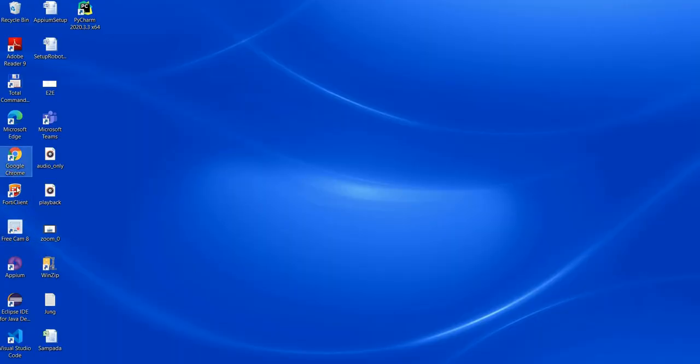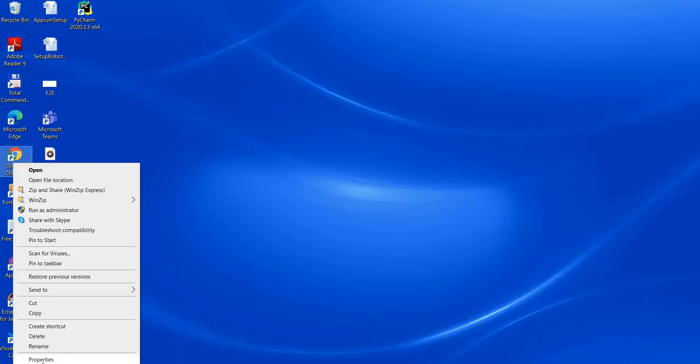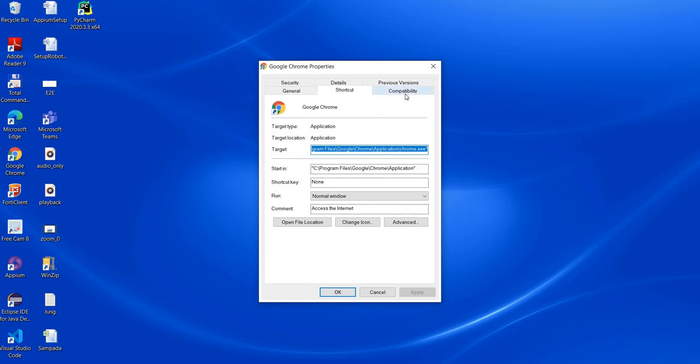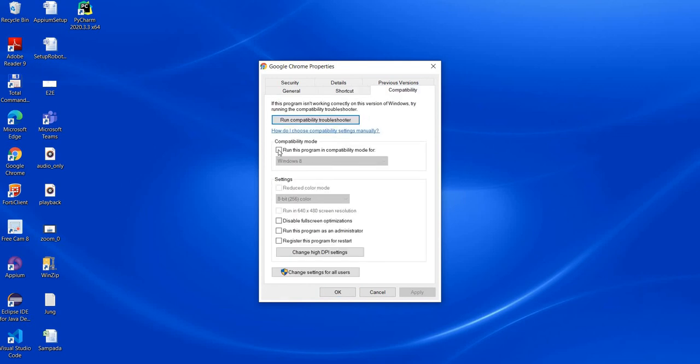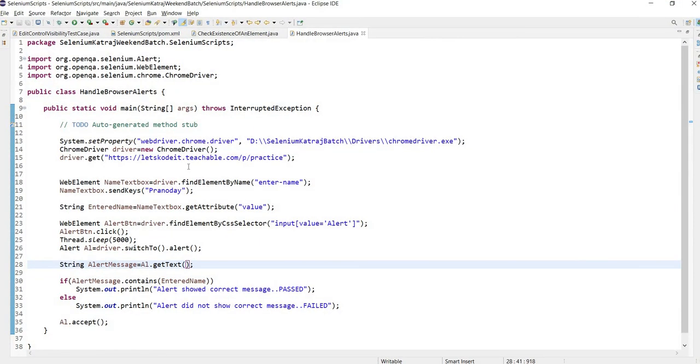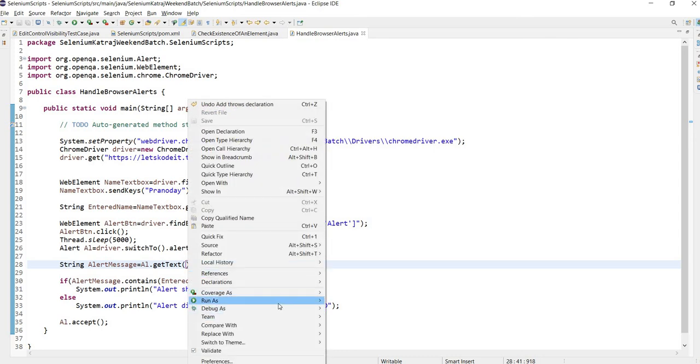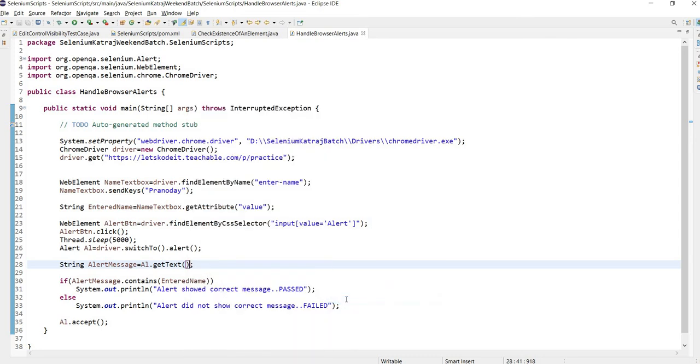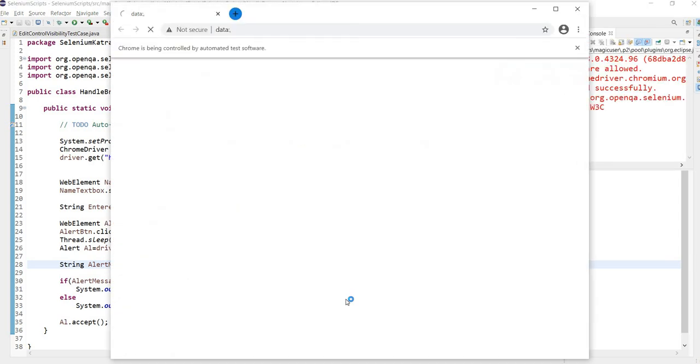I'm just changing my compatibility settings. There is some problem on my machine, you don't need to do it. I still have to figure out what the problem is, but once I change the compatibility, I can run my test. So I'm running the test now. It will open the browser and the URL.